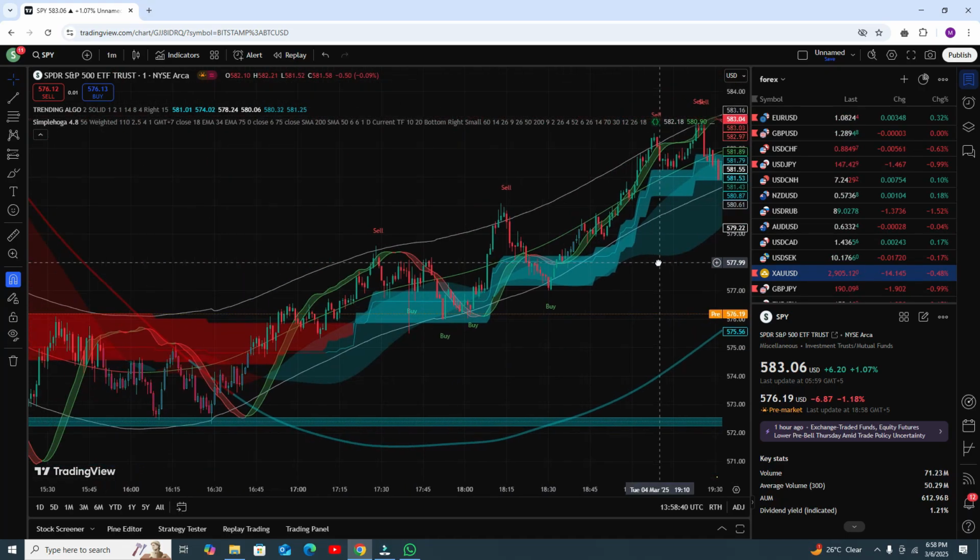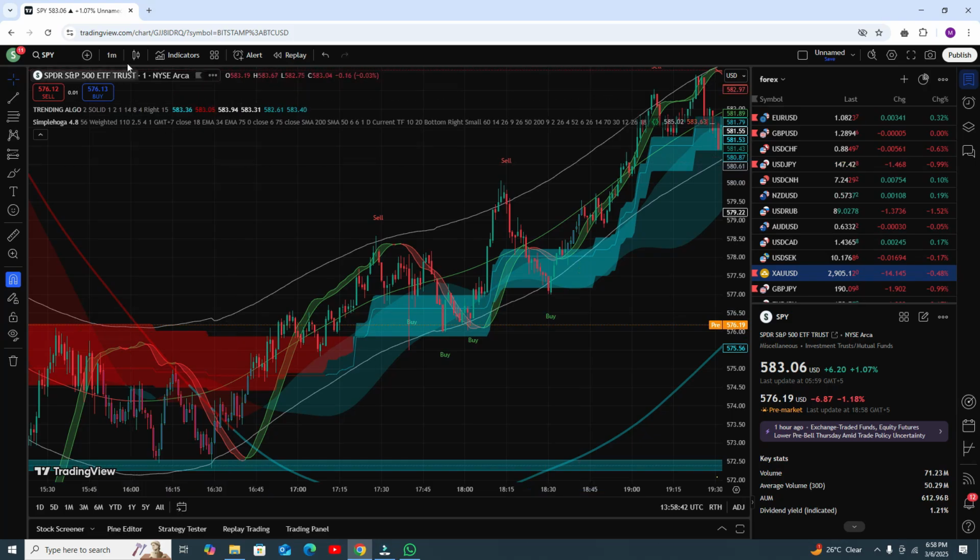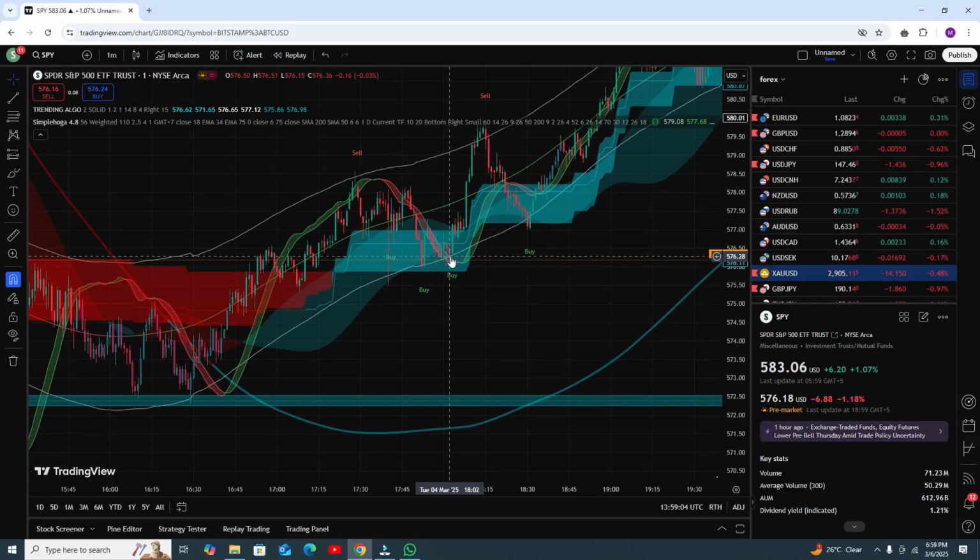Okay, let's discuss more. I am using the 1 minute time frame. I will show you the results in other time frames like 5 minute, 15 minute, 1 hour, 4 hour. I will also show you this indicator works perfectly fine on all pairs like forex, crypto, indices, stock, each and everything. Here you can see that is a strong condition. Clouds are blue, the trend line is blue, and you got the buy signal, and the RSI should be below the lower band line. That is a strong buy signal.